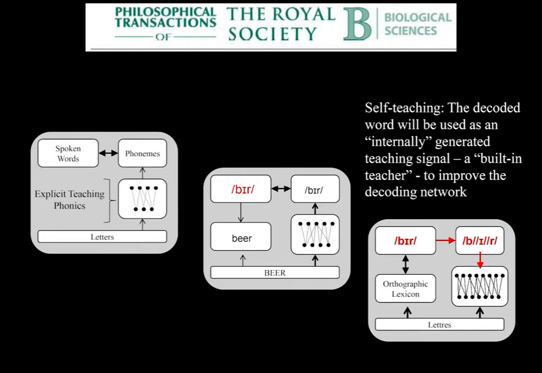You learn decoding, you decode words, you find a word in the phonological lexicon, and the so found phonological form will be used as an internally generated built-in teacher to improve the decoding network itself. Decoding will become more and more efficient, and the child will be able to decode more and more words in an efficient manner. So the child will be autonomous, and that's fundamentally what learning to read in alphabetic